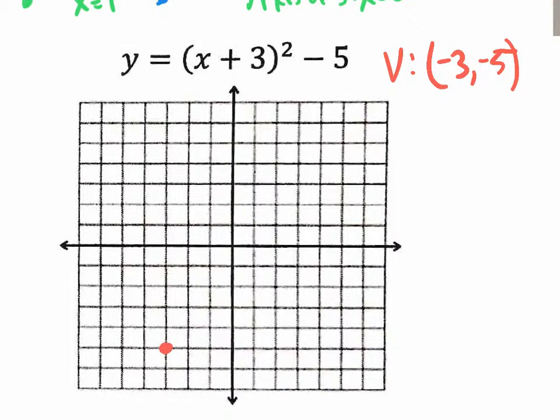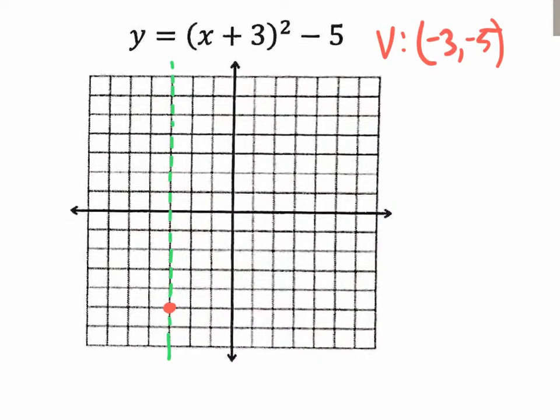Second step is to draw your axis of symmetry. What's the equation of that axis of symmetry? X equals -3, whatever your x value of your vertex is. After that, we need some points, so you could use an XY table, or you could use a pattern, 1,